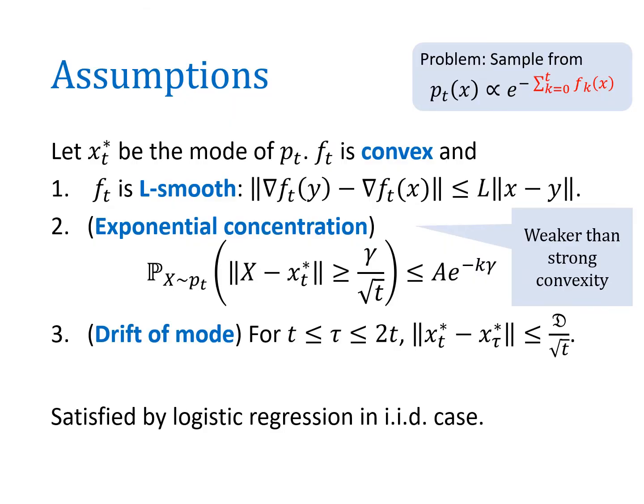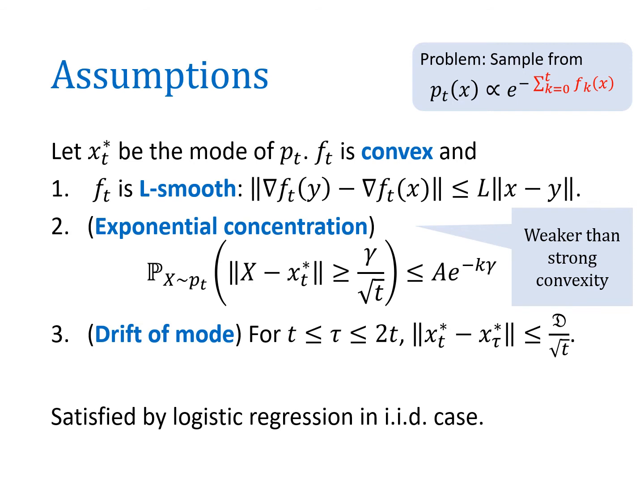Our theorem requires the following assumptions on f_t. Firstly, that the f_t are convex and L-smooth, i.e. their gradients are L-Lipschitz. Secondly, the distribution p_t satisfies sub-exponential concentration around the mode x_t star of the distribution. And finally, between t and 2t, the mode of the distribution drifts on the order of 1 over square root